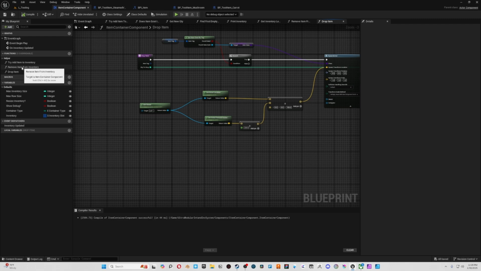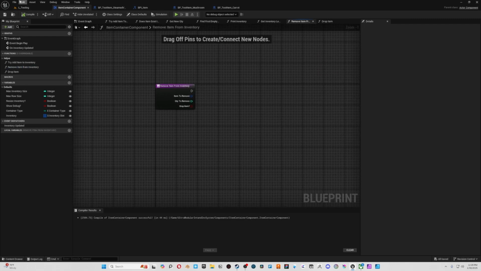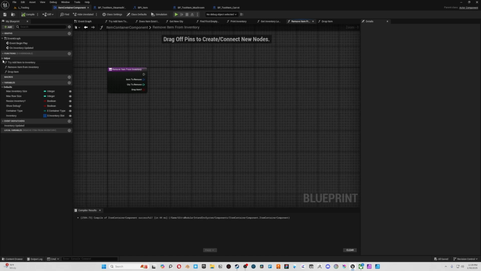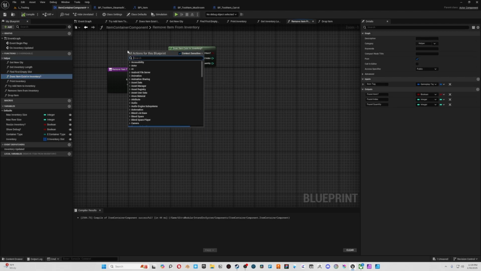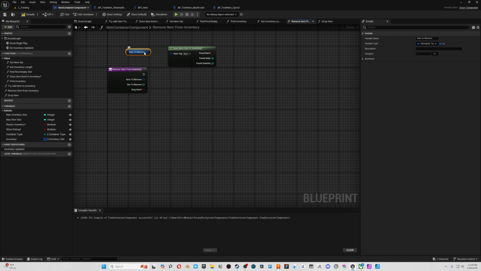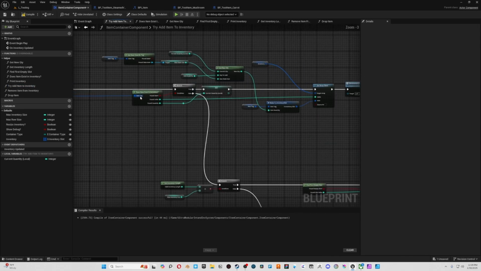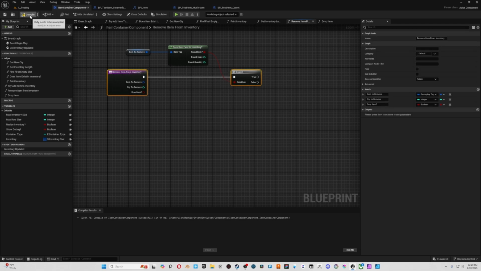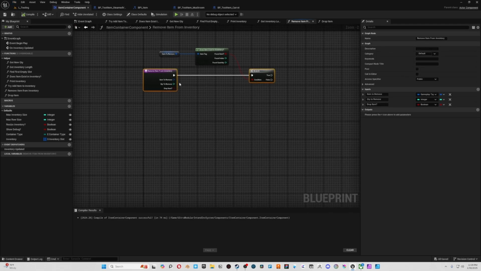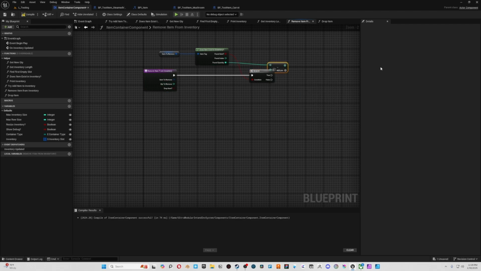Cool. And if we go back to our remove item from inventory, we actually already have does item exist in inventory? We can get item to remove. This is the same function that we used right here, does item exist, in our try add item to inventory. So we'll create a branch. If we found the item, that means it does exist in our inventory. And we have the quantity to remove right here. So found quantity